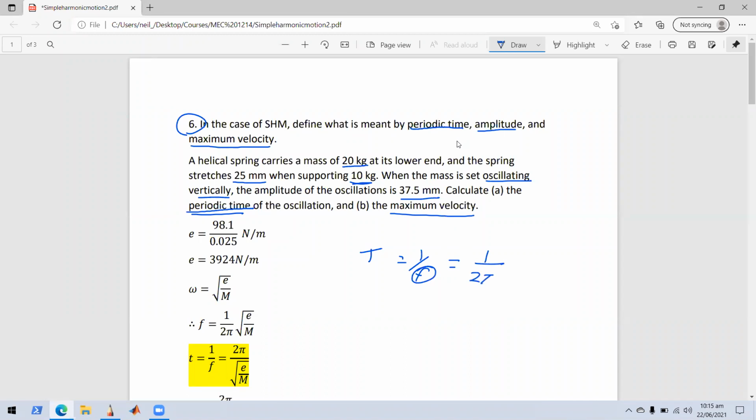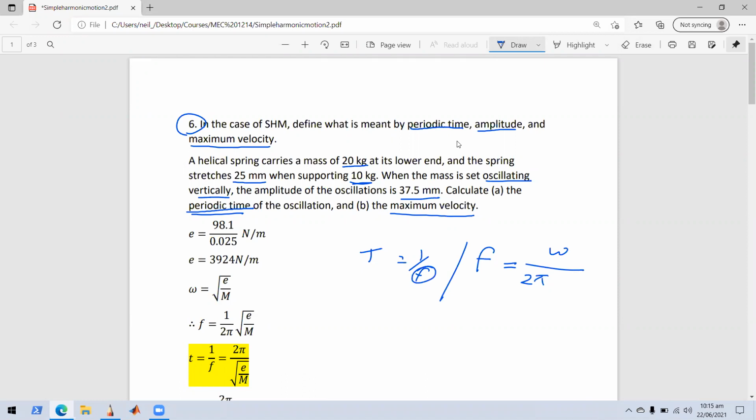Frequency is equal to 1 upon 2 pi times omega. You just divide omega by 2 pi when you find omega. Now, omega